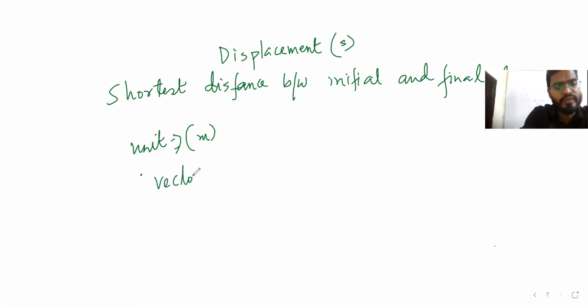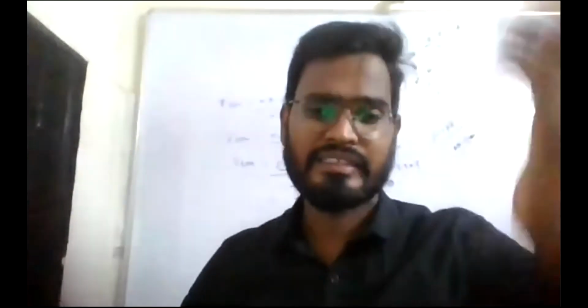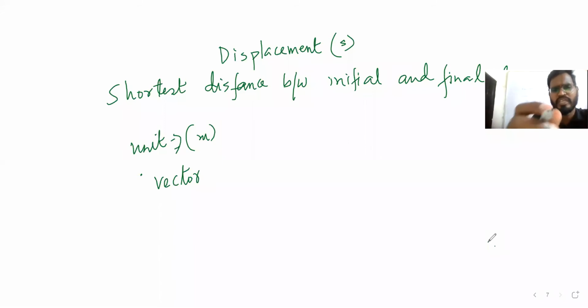Very good. So we learned what is displacement. Now it is clear what distance as well as displacement are. The shortest distance between initial position and final position is displacement, and total path length covered by an object is distance. Let's do a few numericals on this, so it will be easy for us.